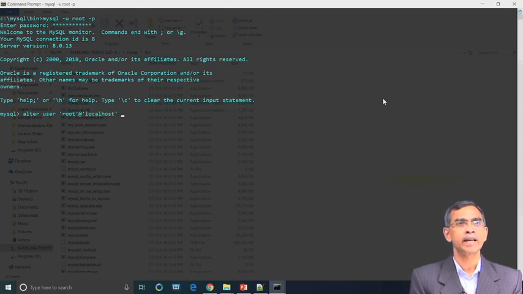So, this is the step that you should follow: user root at localhost, identified as. Root is the user ID in this case. Enter.